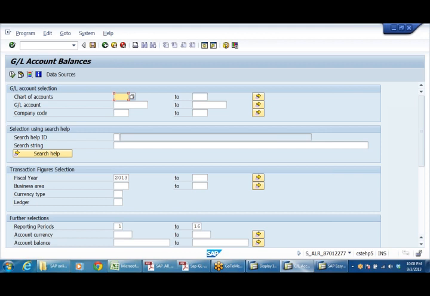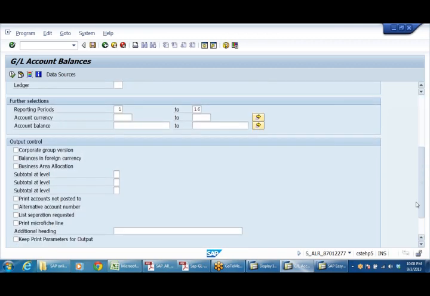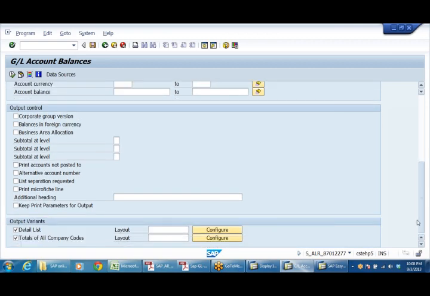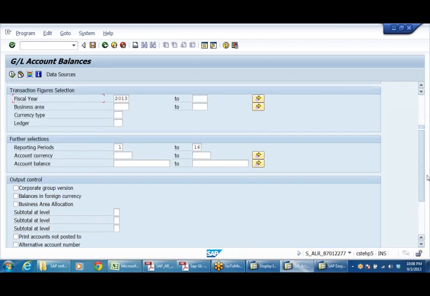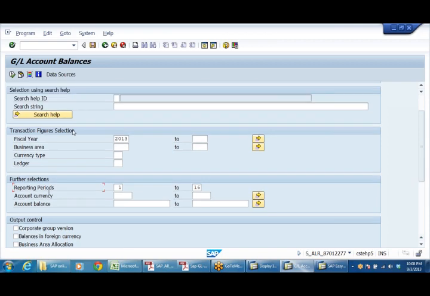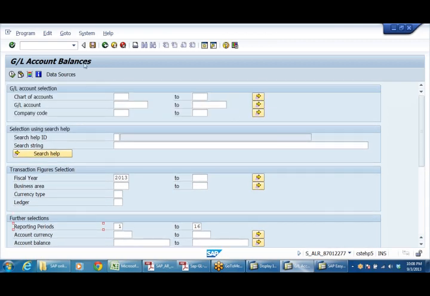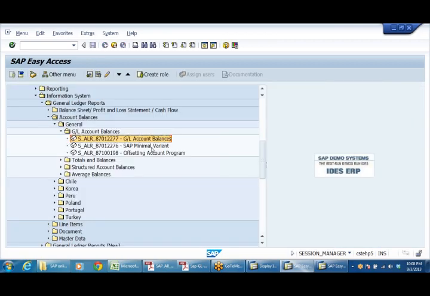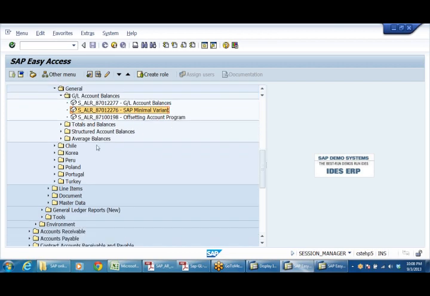Okay. What I'm asking is how do we display the ledger balances on the basis of the document date? Not document date. Here, the system takes only the posting date. I don't think we have any option here. Layout, configure. I don't think so: account currency, account balance, periods are there. That's all. Dates are not given here. Okay, the system takes it by default.